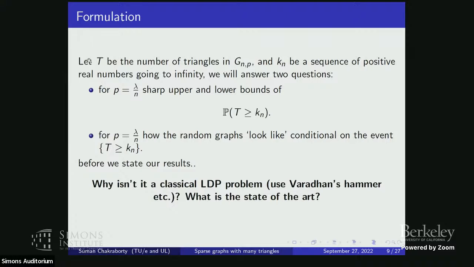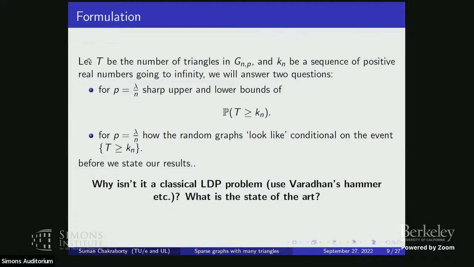And the second question is, suppose we can prove one, then can we say what is really creating those triangles? There could be many ways to put triangles in a graph. So what is responsible for the creation of a large number of triangles? Suppose Kn is some constant times n. And we know that in an Erdős–Rényi graph, this probability is very small when it's sparse. So when you put a large Kn there, can we explain this event? These two are concrete questions that we are going to investigate. Questions, comments?